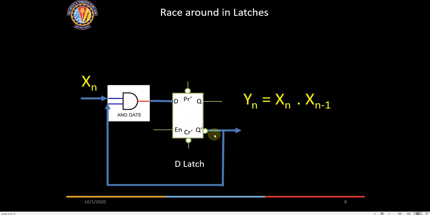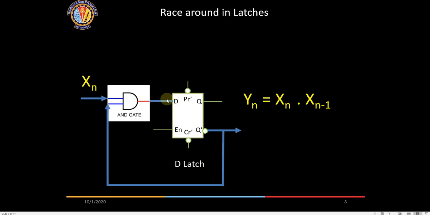Xn now comes here, so xn, sorry, xn and xn minus 1 bar. So this xn minus 1 bar is available here. This function needs to be modified as xn and xn minus 1 bar, and we are taking it from here.